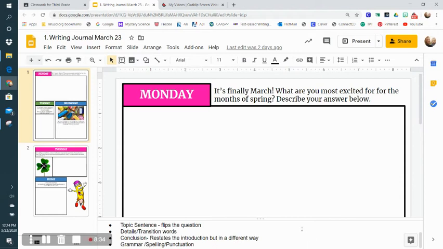So let's dive in and look at our prompt. It says, it is finally March. What are you most excited for in the month of spring? Describe your answer below. All right, so first I need to just think, okay, what do I do in spring that I really enjoy? There's lots of things I do, but it's always kind of hard to think on the spot. So talk to your parents, talk to your brothers, talk to your sisters, brainstorm some really great things that you love to do in spring,